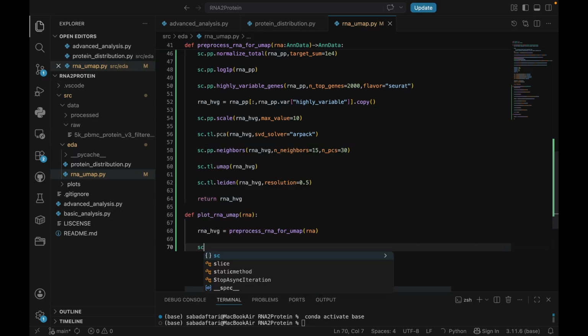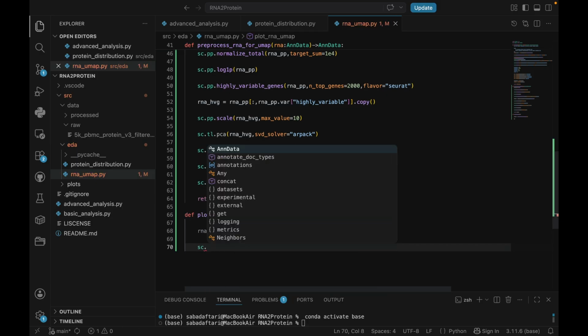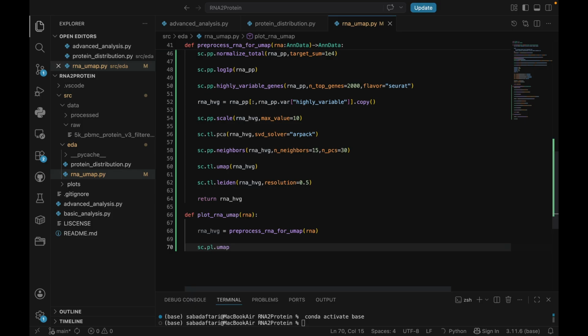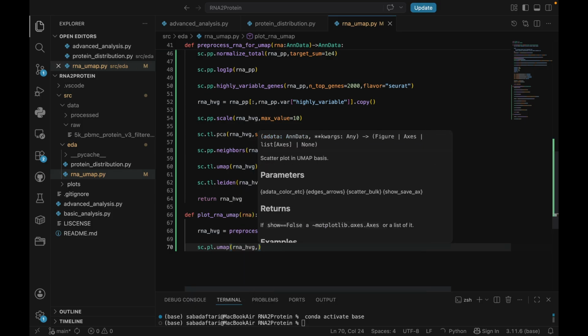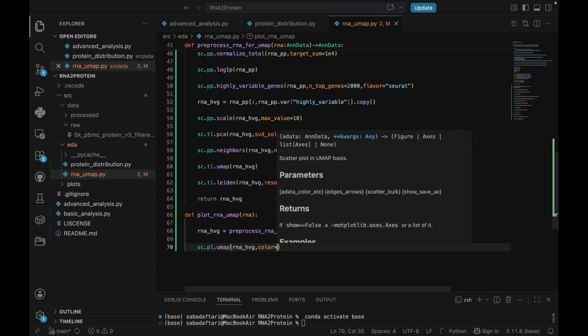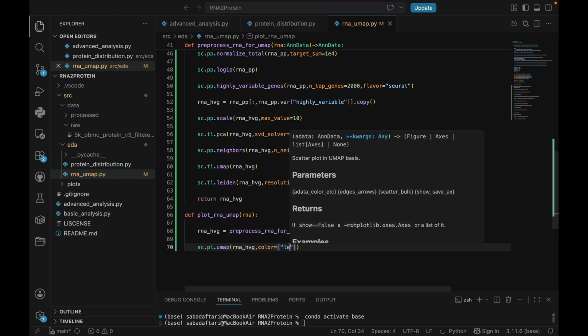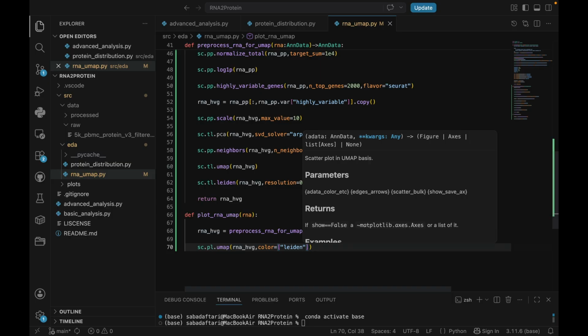Now we plot the UMAP. This shows whether cells naturally cluster based on RNA. Now for the argument color, we're going to pass Leiden to tell it to use Leiden cluster labels to color